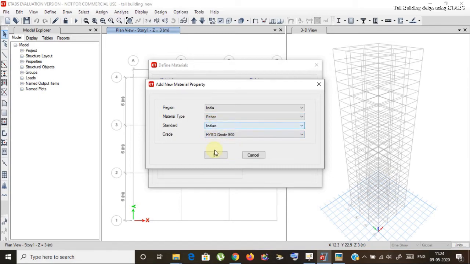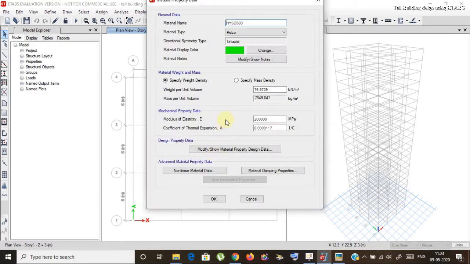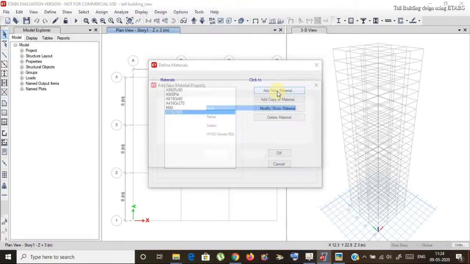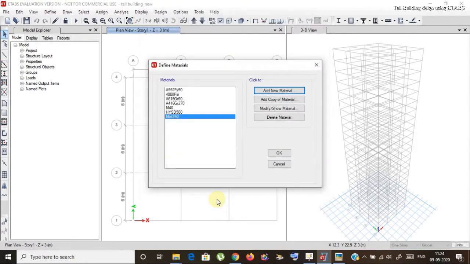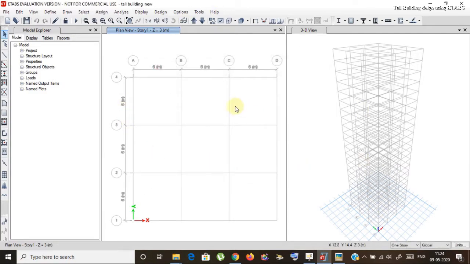Use the bar HYSD grade 500, that is Indian, so it's OK. Just change it to grade 250, OK it. Click OK to close this bar,